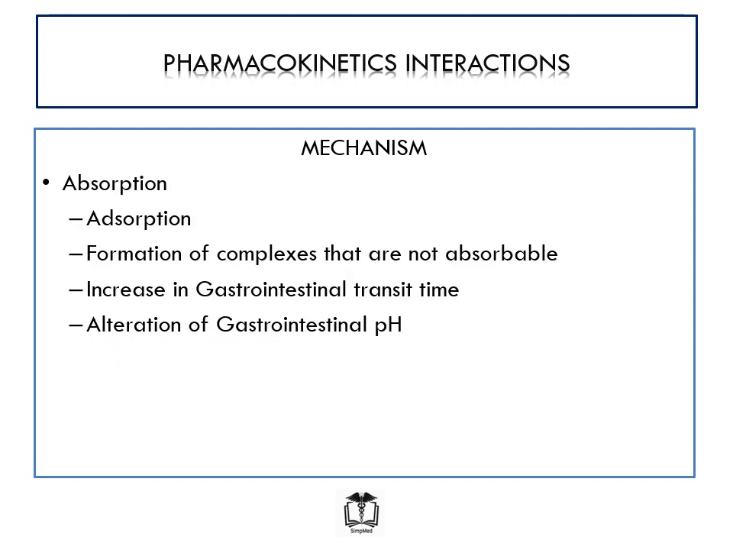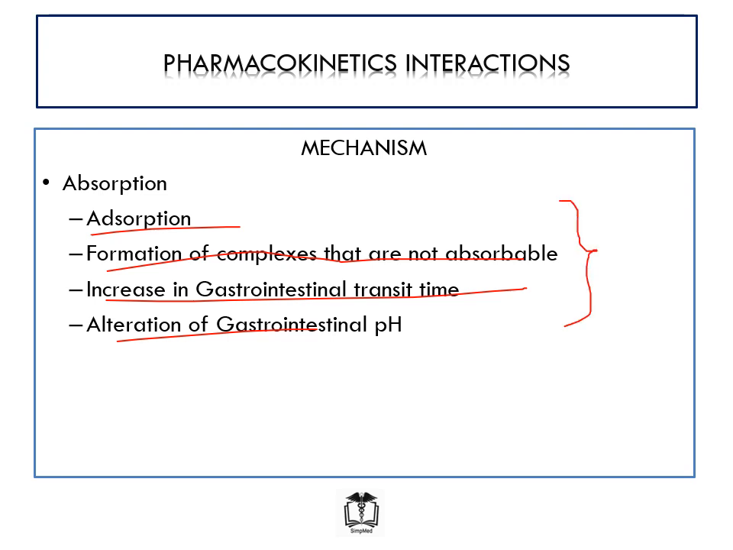Starting with the first component of pharmacokinetics and how it could be altered in a pharmacokinetic interaction. There are four major ways in which absorption could be affected when we use two drugs concurrently. It's either through a process called adsorption or through a process called formation of complex that are not absorbed, or through increase in gastrointestinal transit time, or through the alteration of gastric pH. So if we are using two drugs concurrently, drug A could affect the absorption of drug B through either of